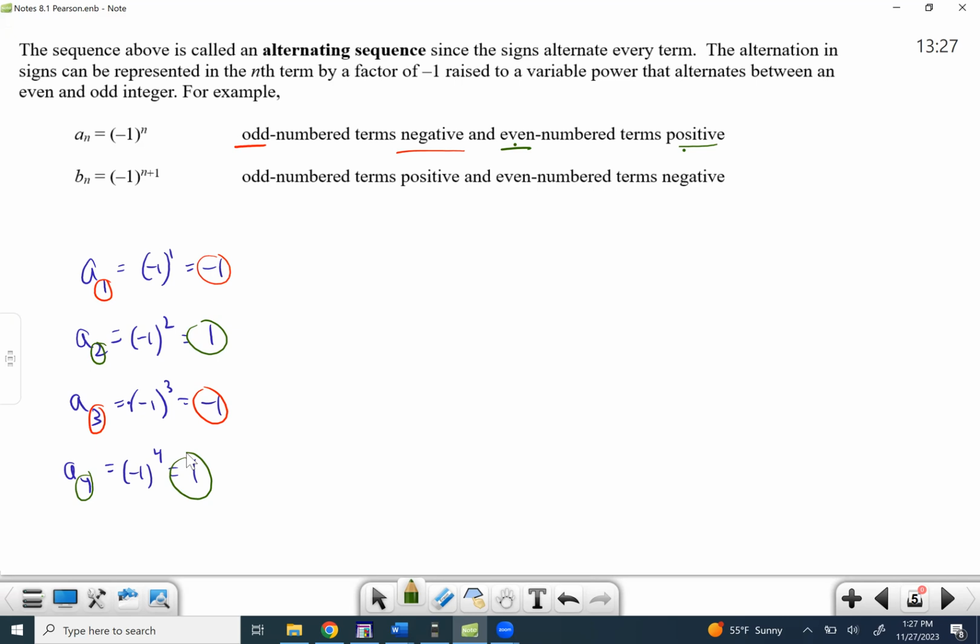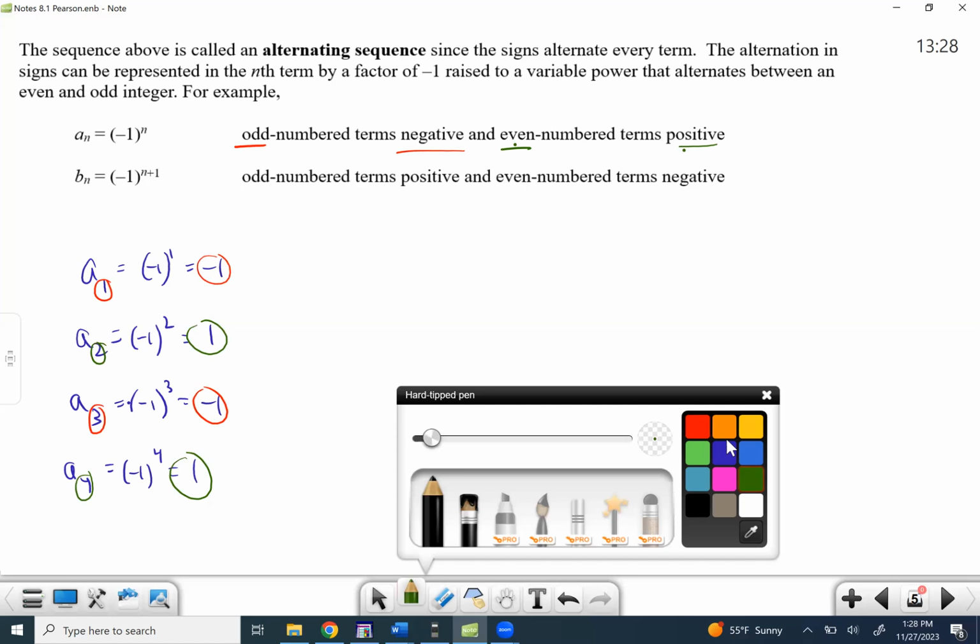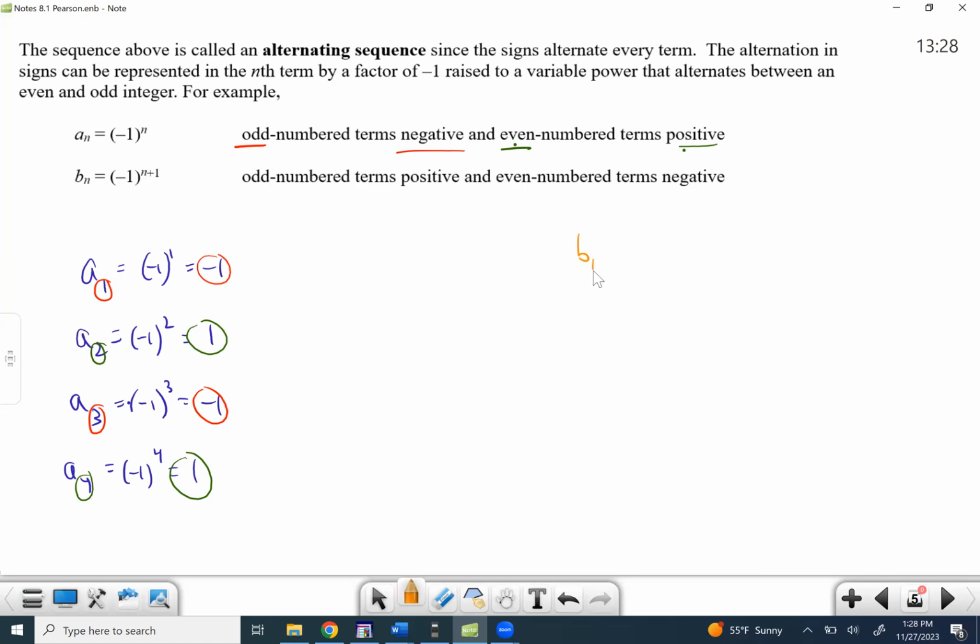This is important information because later on I'm going to ask you to write a formula for the sequence, given the sequence. So backwards is what we're doing now. And if it's alternating, you'll want to know whether you should be using -1 to the n or -1 to the n+1. So if we look at the other sequence, sequence B,